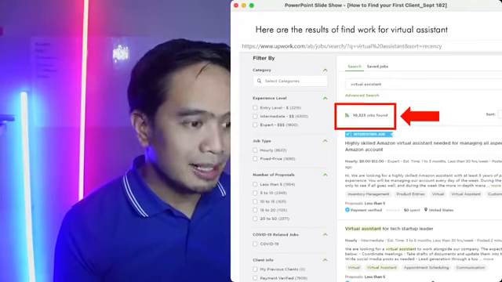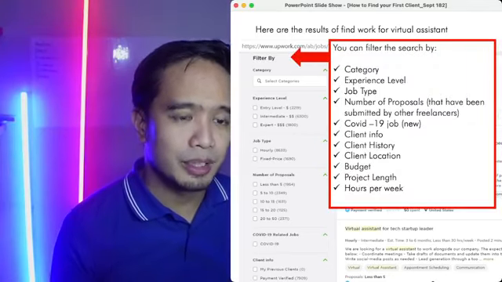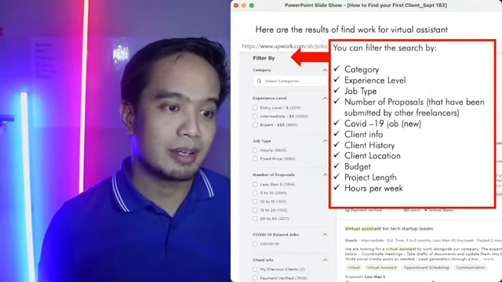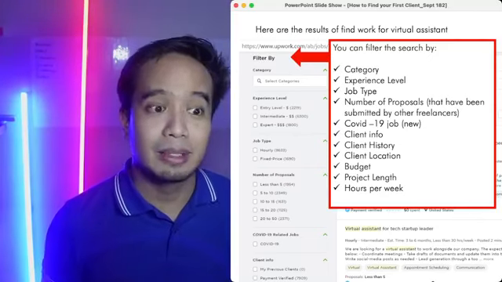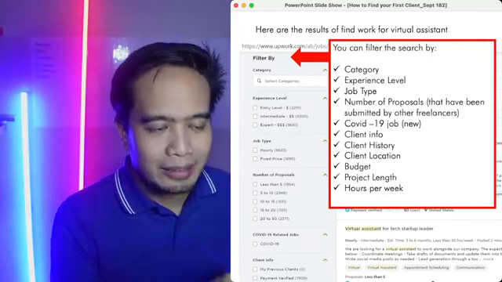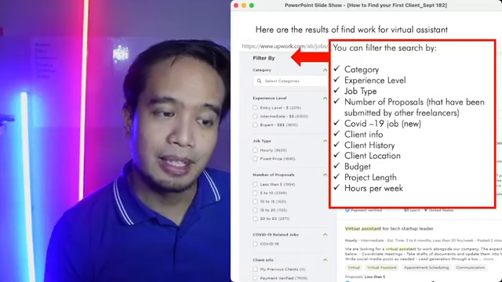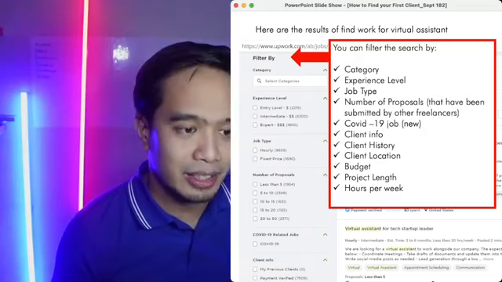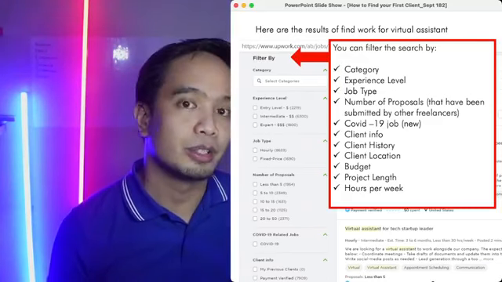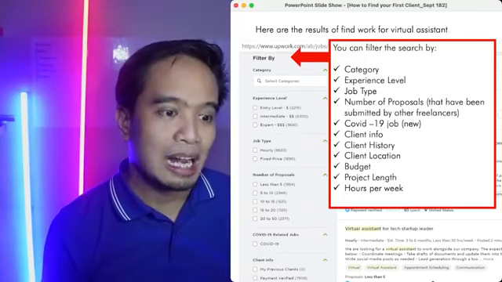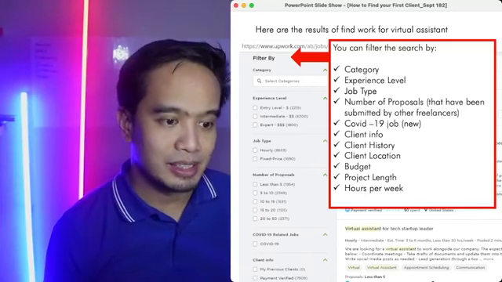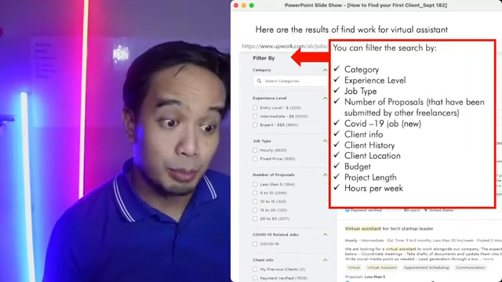Sige. We see 10,000 jobs over here, and you can filter the searches by category, by experience, whether they're only looking for entry level, mga newbie. As you can see, kung entry level, it's only 2,000 something. Intermediate, mostly intermediate yung hinahanap mga tao, so 6,300. Expert, 1,800 yung mga openings for those. Hourly, there are 8,633. Fixed price, 1,690.